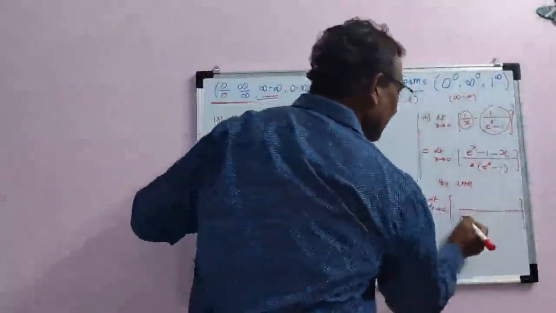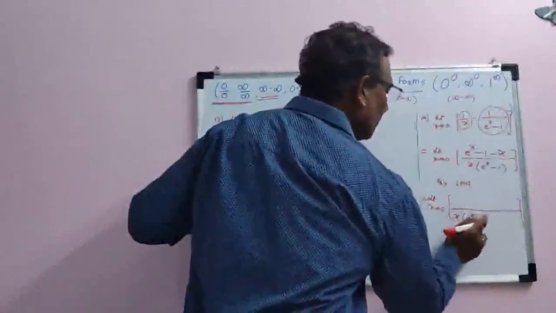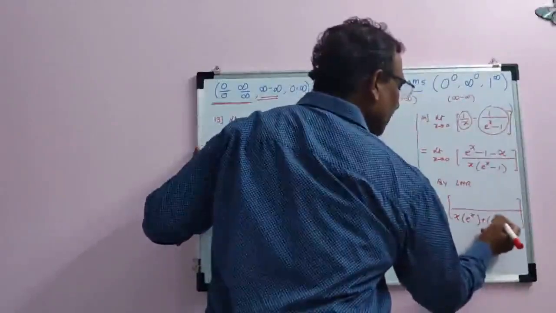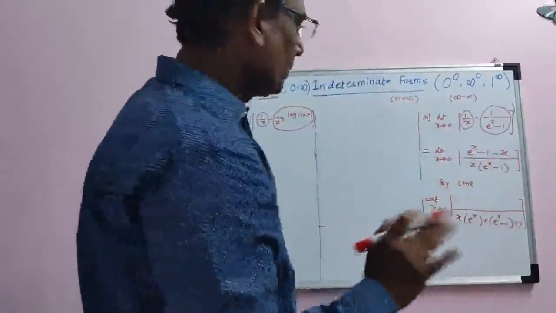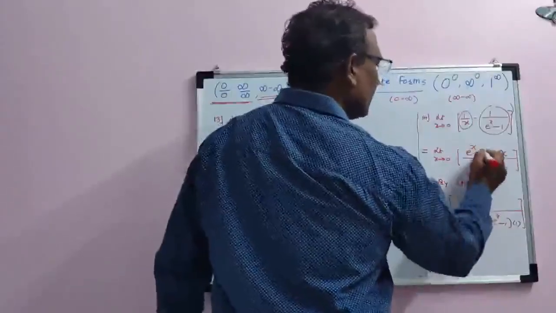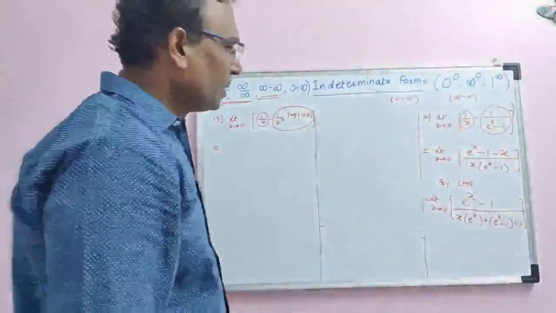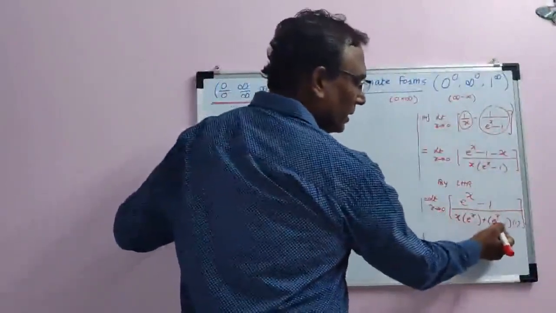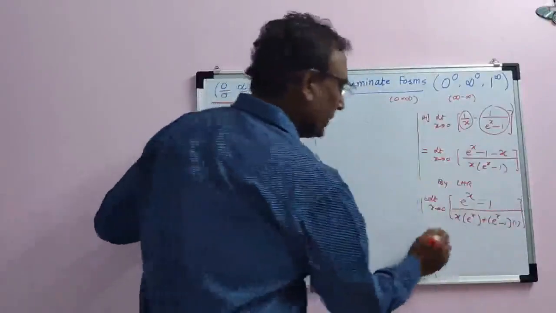See, we are applying product rule here. First function, derivative of e raised to x minus 1 is this, plus second function, derivative of x is 1. U into v rule, means product rule, I am applying here. Derivative of e raised to x is e raised to x, derivative of minus 1 is 0, derivative of x is 1. Now, if you put x equal to 0 again, the x term is 0 and e raised to 0 is 1, 1 minus 1 is 0.